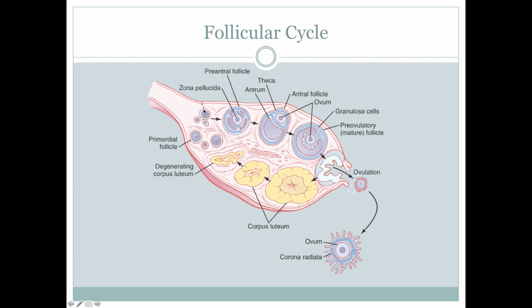So the follicular cycle is going to start in the same way as males with these germ cells, these little stem cells, which are going to start to mature into mature follicle cells that become bigger and thicker and more complicated. There is the process of ovulation in the middle, and then there's the leftover tissue, which will make progesterone, called the corpus luteum. So that continues to make progesterone until it regresses and then goes back into corpus albicans. And then we're back at the beginning with these primordial stem cell follicles. So it's kind of like a rotating thing. So one thing happens and then the process starts over again.